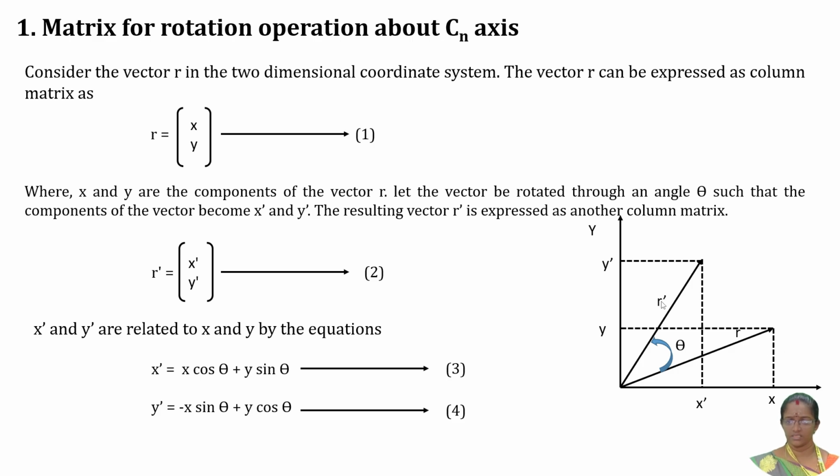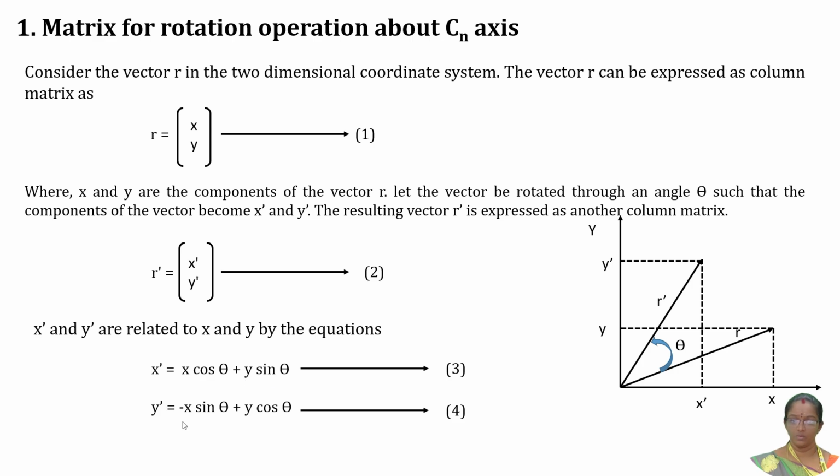R can be represented as a column matrix, R is equal to x, y. It will be transformed into x dash and y dash. Now R dash can be represented as the column matrix x dash and y dash. Now these two equations, 1 and 2, can be related by the matrix rotation equation, that is x dash is equal to x cos theta plus y sin theta, y dash is equal to minus x sin theta plus y cos theta. We can write it as